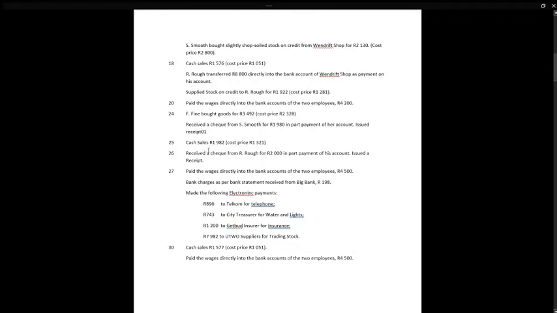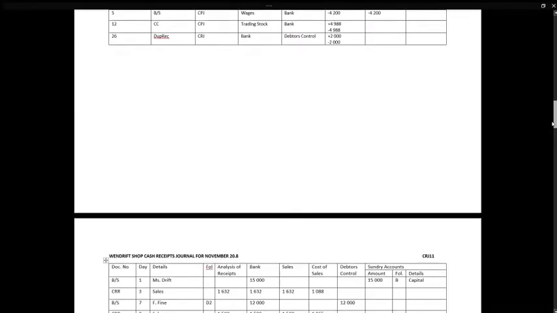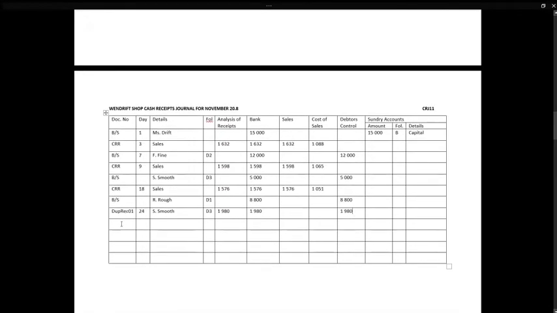Cash sales of 1,982 Rand, of which the cost price was 1,321 Rand. So we received cash, so we will go to our cash receipt journal. Our source document will be cash register roll. This took place on the 25th, and our details will be sales. We don't provide customer names. So sales